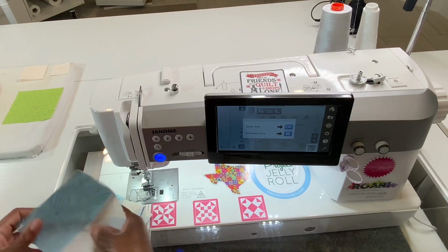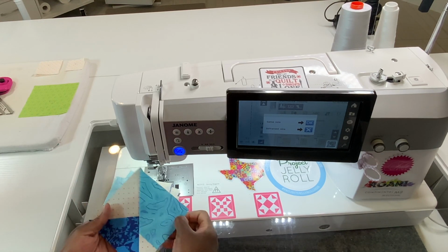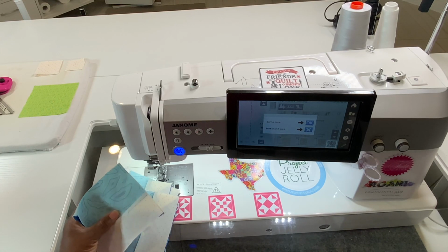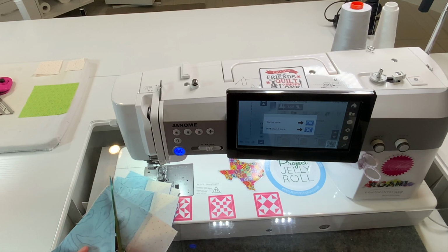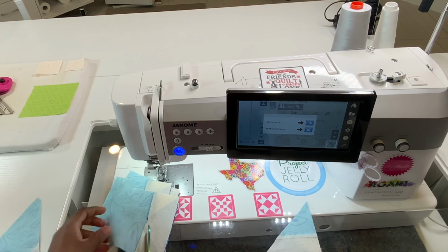Okay, I'm sewing four because I've already sewn the other set ahead of time. I sewed on this side and I also sewed on this side because I didn't want the fabric to go to waste. I'm just going to cut a 1/4 inch away per my eyeballs. Even though it says to discard this part right here, I went ahead and sewed it anyway, and I